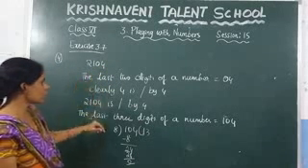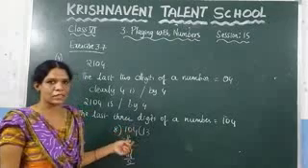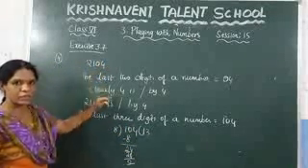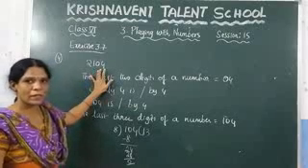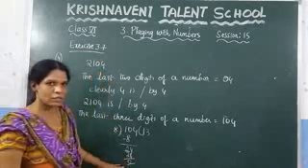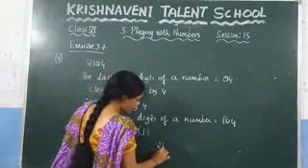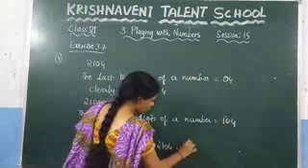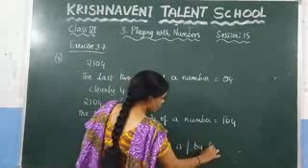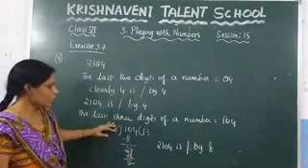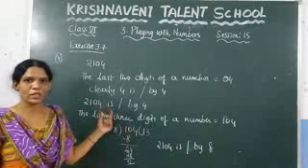So what is the divisibility rule for 8? You need to check the last 3 digit numbers. In this case, these are the last 3 digits and you need to check whether this number is divisible by 8 or not. Since the remainder is 0, we can say that this number is divisible by 8. So write it here. Therefore 2104 is divisible by 8. You just need to check the last 2 digits in case of 4 and the last 3 digits in case of 8.